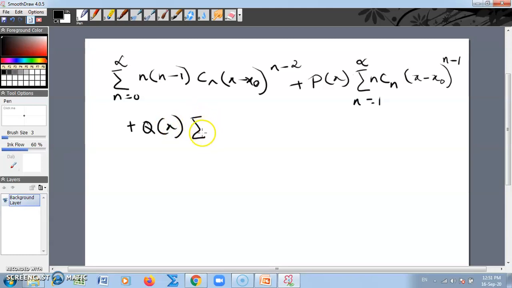So what was our y? It was just summation n goes from 0 to infinity, Cn (x minus x naught) to the power n, is equal to 0. So this is what we get when we use